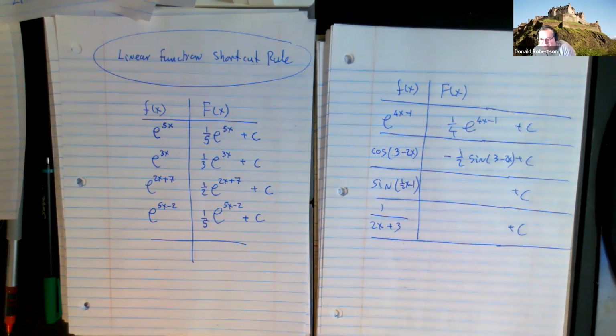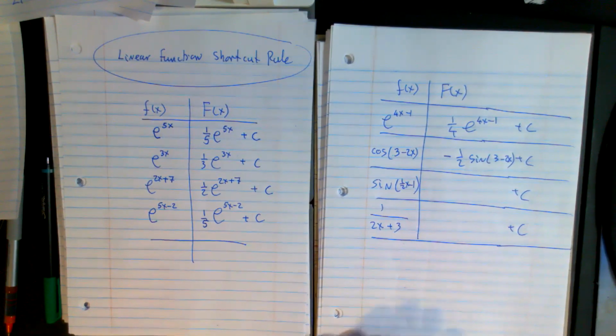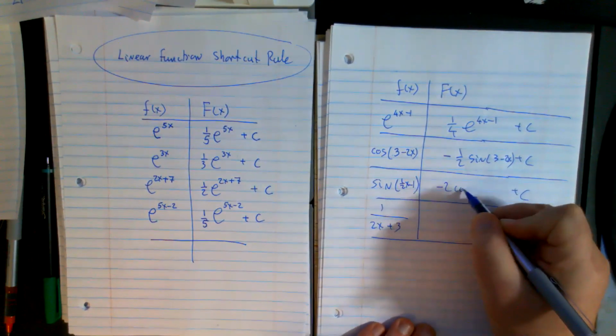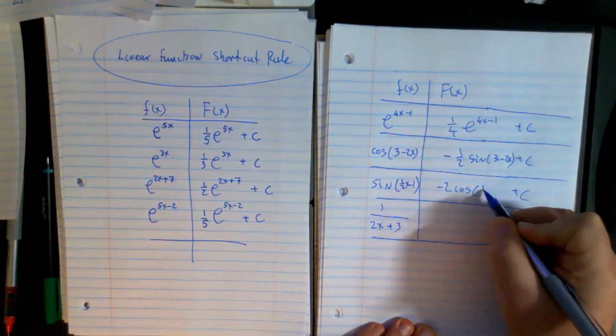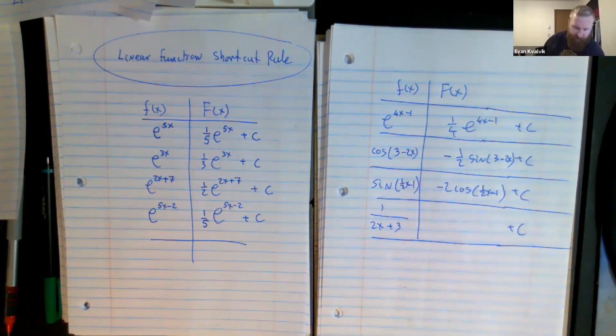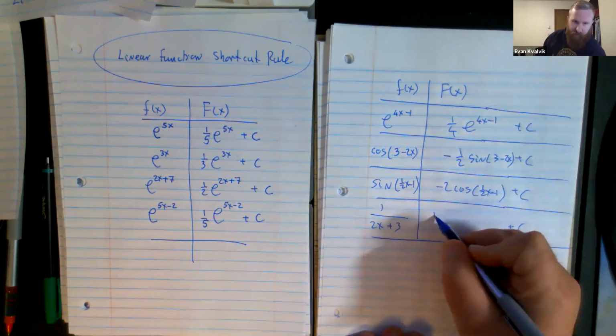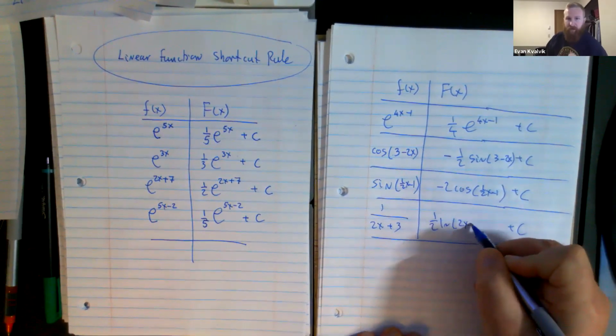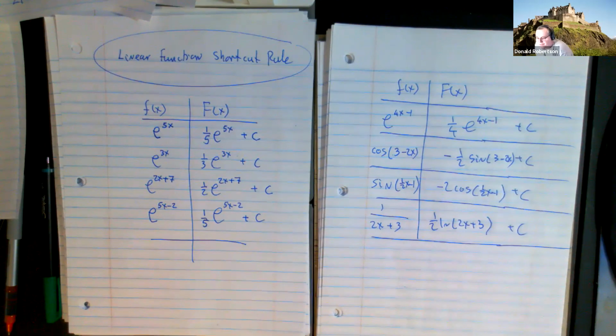So this is the next volunteer. Would that be -2 cosine of 1/2 x minus 1 plus c? I should see a nod right now, and I do. What about the last one? Anybody? Half of the natural log of 2x plus 3 plus c. Do you think this shortcut method is something that you would want to remember? If it's useful,